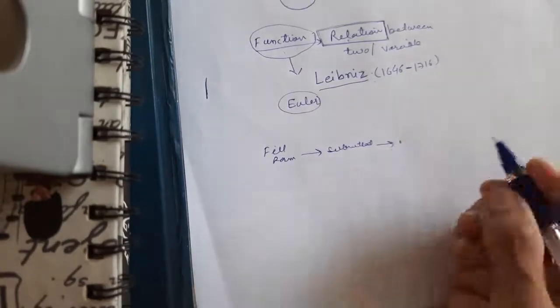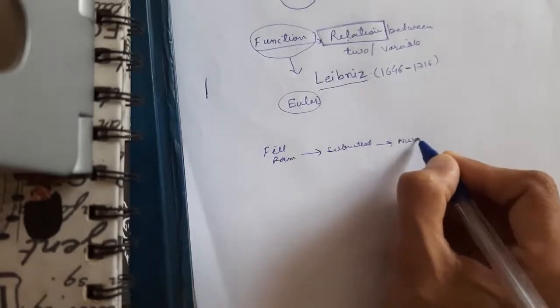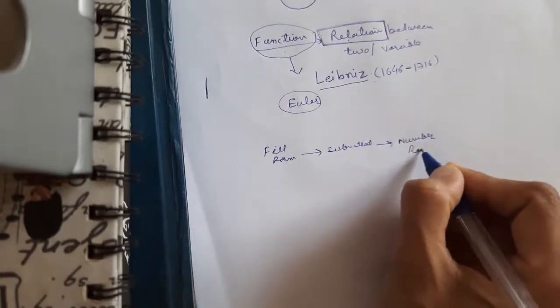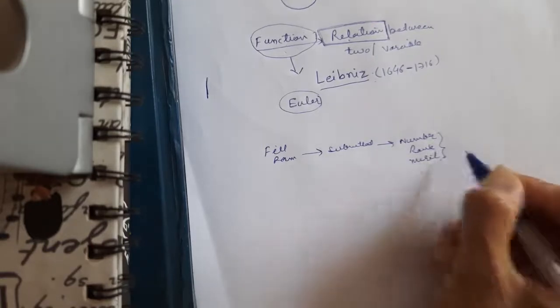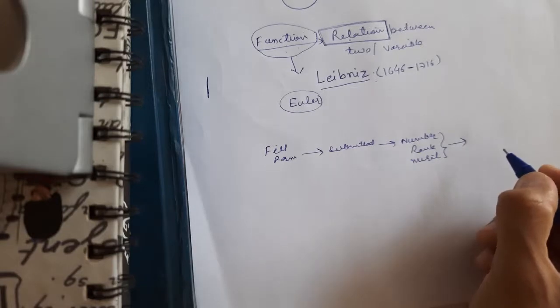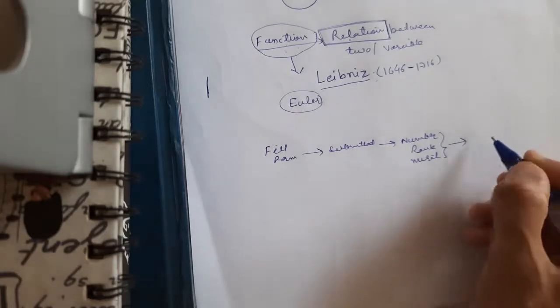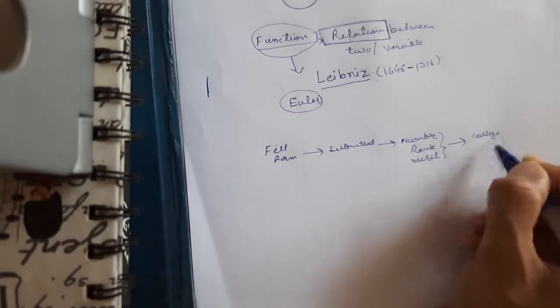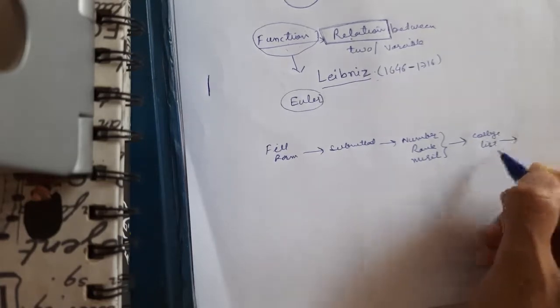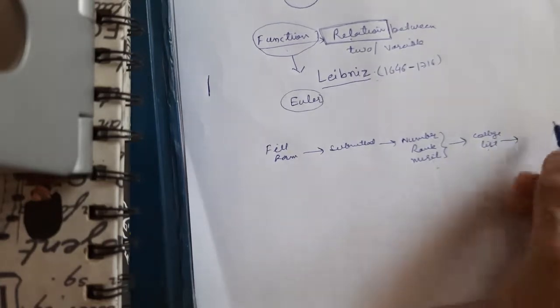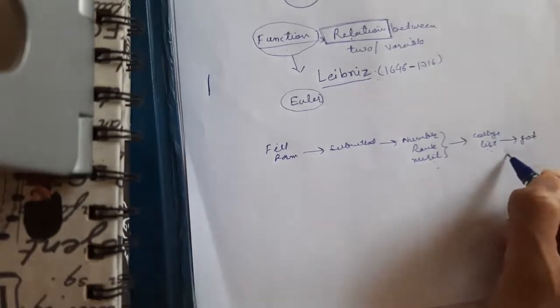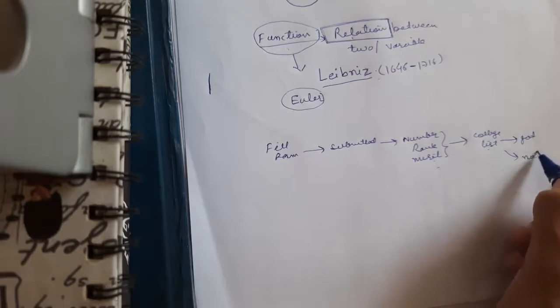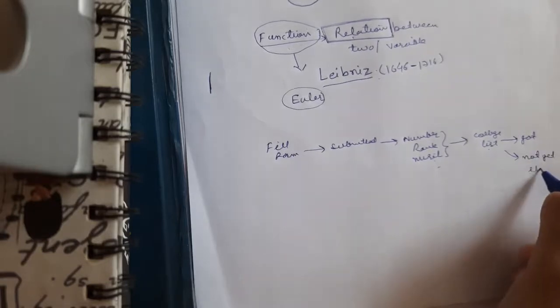Okay, after submitting your form, a number is generated which is called your rank or merit number. Depending on this merit number, you are asked to provide a college list that you want, and depending on your college list and your merit number, you either get the admission or you don't get the admission.